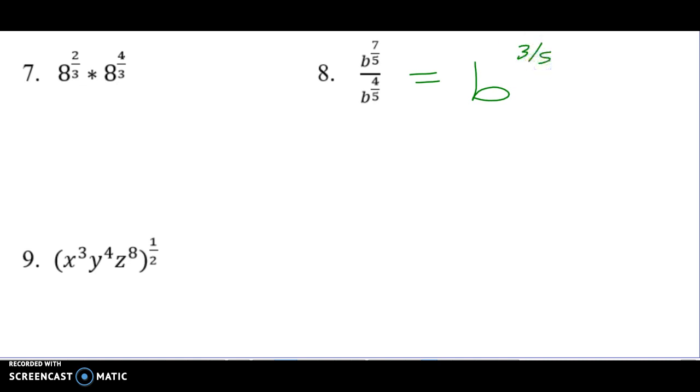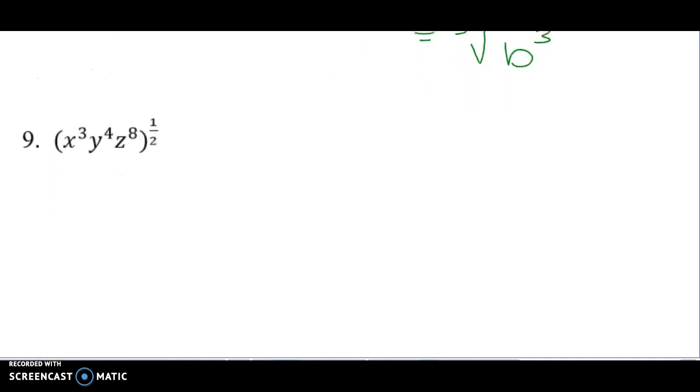Now, it doesn't tell you what form to write your answer in, but you could also write this as the 5th root of b to the 3rd. Same thing, different form. So if it asks you to write it a certain way, you write it the way that they ask. Okay,